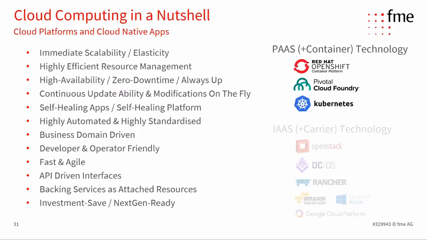On the right, we see some logos here. Red Hat OpenShift, Pivotal Cloud Foundry, and Kubernetes are cloud platforms, very widely used cloud platforms. I would guess, I do not know exactly, but all three of them have a market share of about 60 to 70% minimum on so-called private cloud installations. Private cloud installations are on-premise in your company